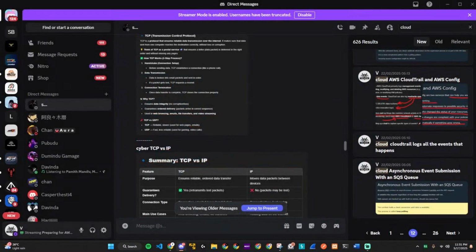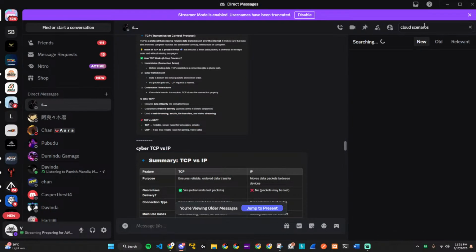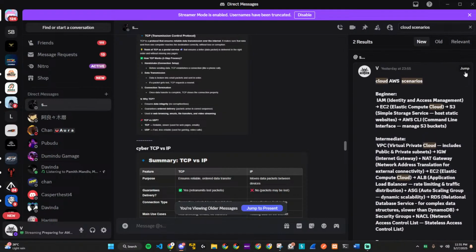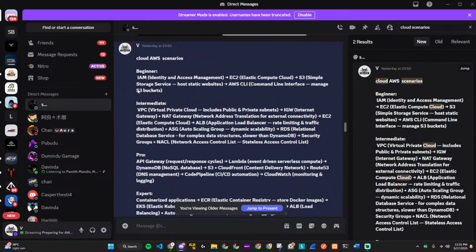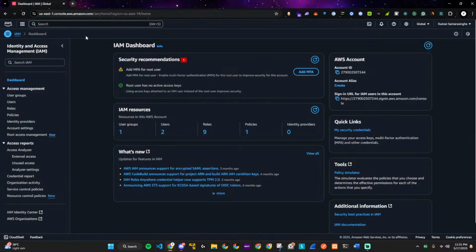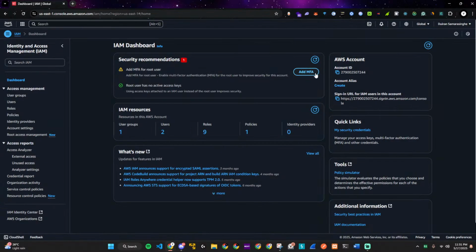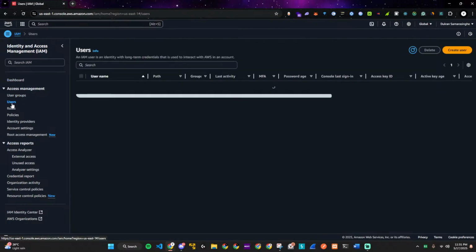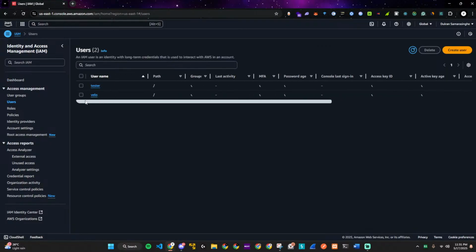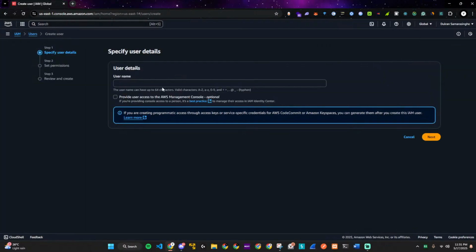Okay. Well, now we'll go back to scenarios. Okay, so this is what I'm gonna try. So we're gonna try to build this right here. Let's go on IAM, which is this. EC2. So multi-factor authentication, no, it's fine. Let's create a user. Let's give this user some roles. So let's just call this guy